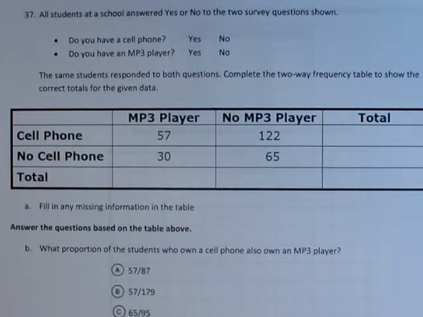All right, problem 37, we're looking at a two-way table. All the students at a school answered yes or no to the two survey questions shown. Do you have a cell phone? Yes or no. Do you have an MP3 player? The same students responded to both questions. Complete the two-way frequency table that shows the correct